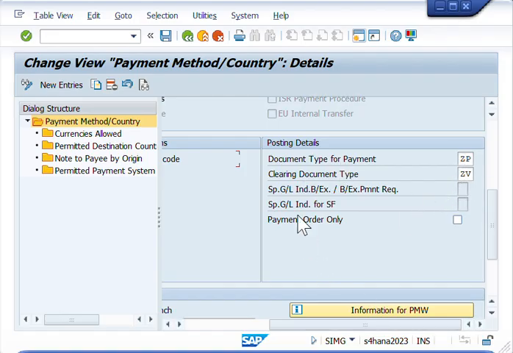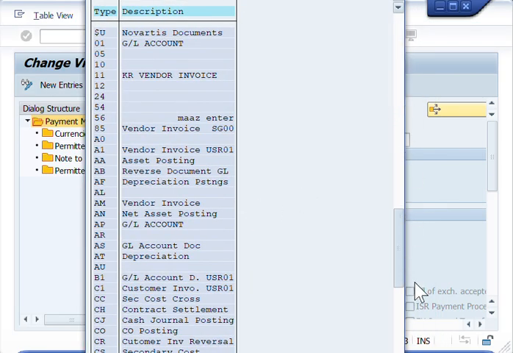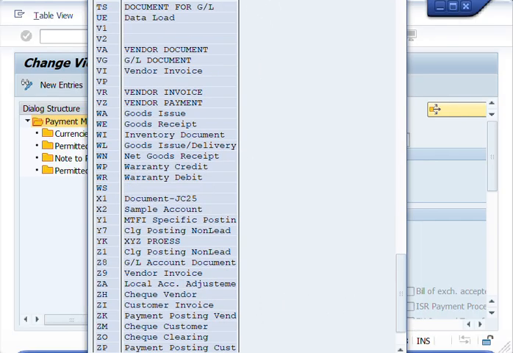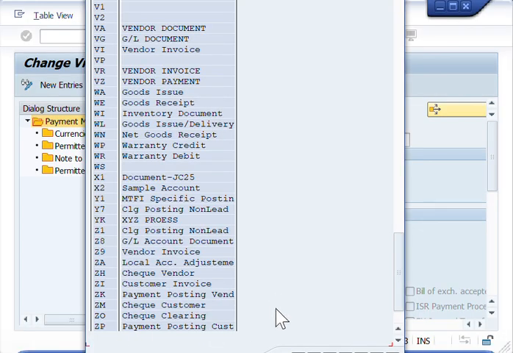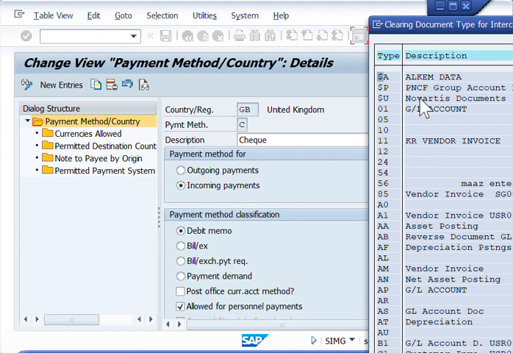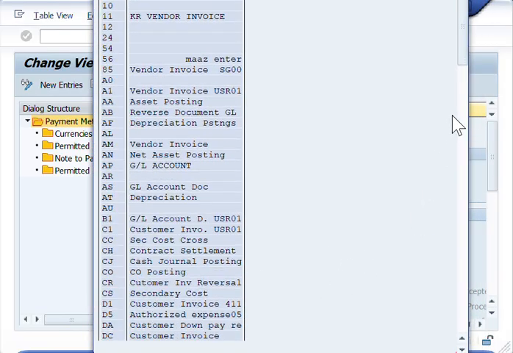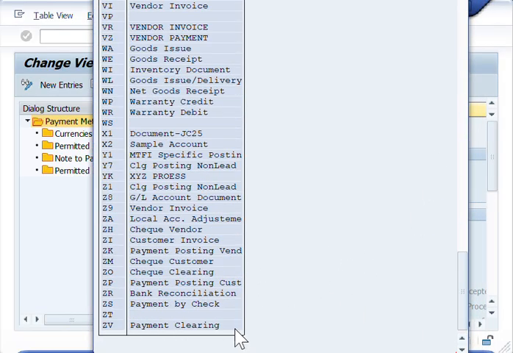So let's also check that ZP and ZV have number series. Just check if ZP is here first. Okay, it's named payment posting. I think that's customer. And then ZV, ZV, ZV. I'll click the search just to check. Description ZV payment clearing. That's